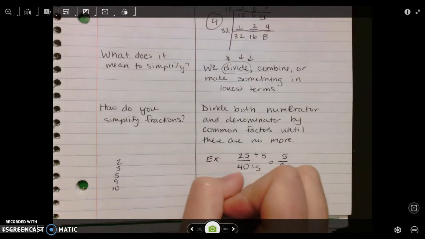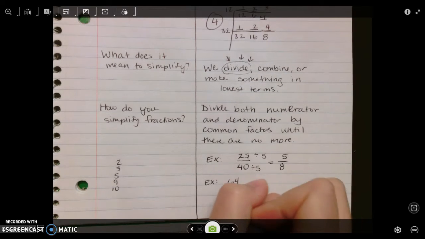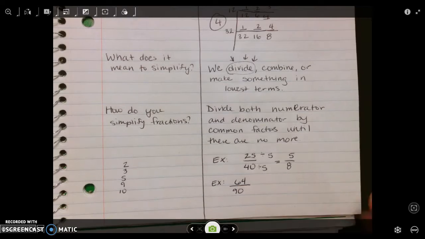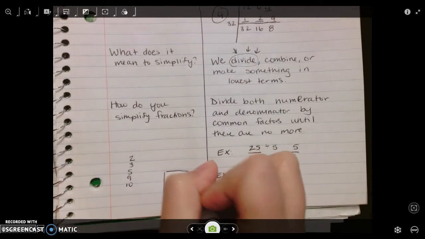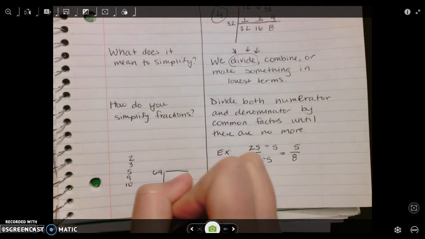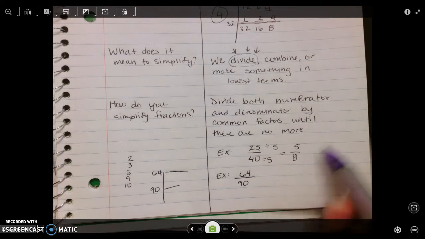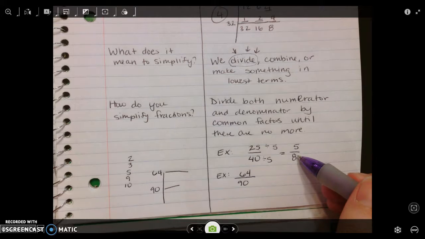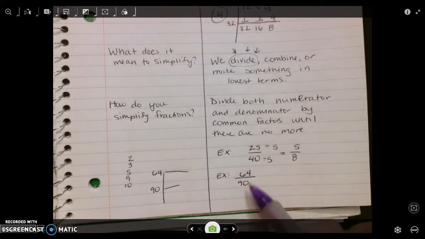Now let me show you one more example where it's not going to be as straightforward. What if I had 64 and 90? Now, in Miss Wolf's dream world, we would just try to find the greatest common factor of 64 and 90. And we would do that. We would go, oh, okay, so that's what I divide by. Because if we divide these two numbers by the greatest common factor, we put it in lowest terms. And 5/8 is in lowest terms because what's the only factor that's common between 5 and 8? It's 1. And if you divide by 1, you still get 5/8. So it's not going to change it anymore. So that's how we simplified that one. Whereas this one here,